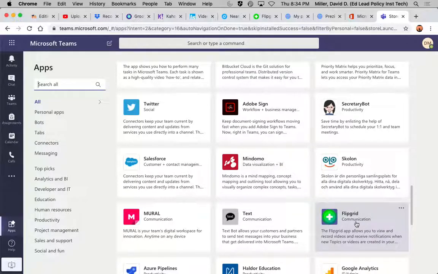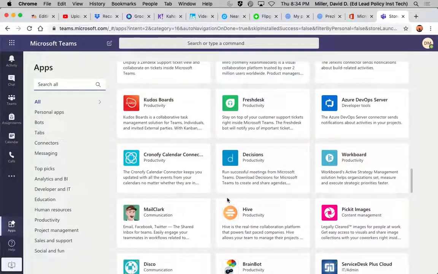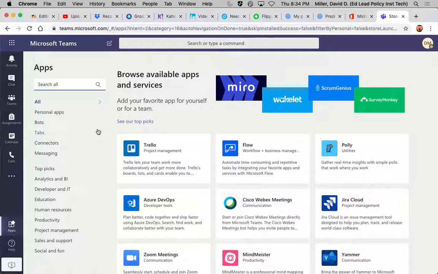There's Flipgrid. So you could actually integrate Flipgrid directly into Teams as an option and things like that. So yeah, Teams is kind of at a larger scale or a bigger scope than some of the others we've looked at, but it's definitely, again, an example of what is now possible through the web that would have been unthinkable a decade ago or so.